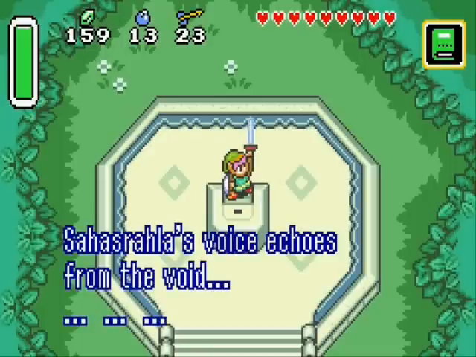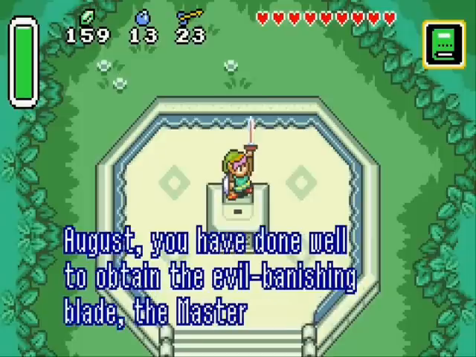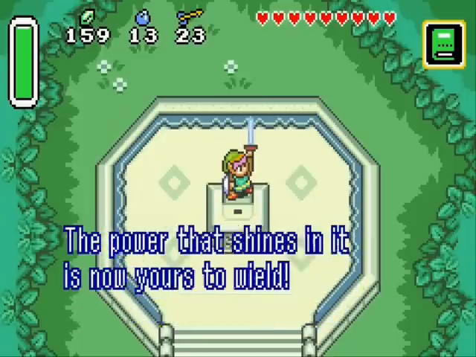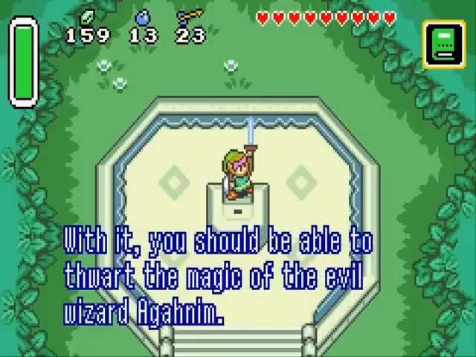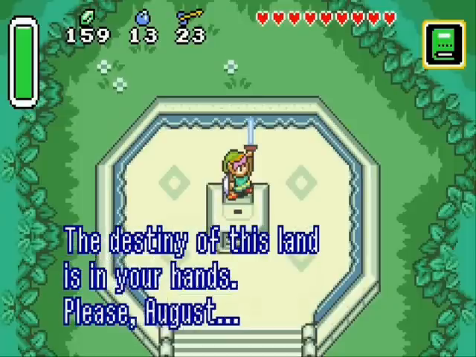Shararara's voice echoes from the void. August, you have done well to obtain the evil banishing blade, the Master Sword. The power that shines in it is now yours to wield. With it you should be able to thwart the magic of the evil wizard Aghanim. The destiny of this land is in your hands. Please, August,